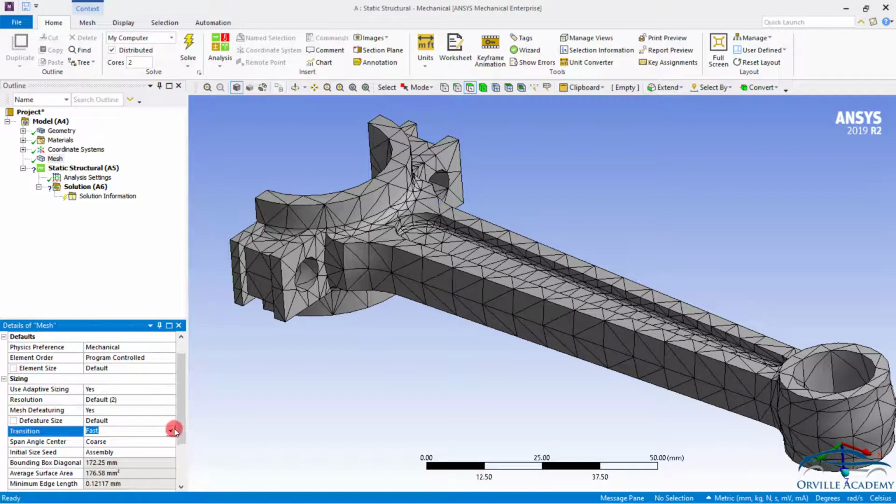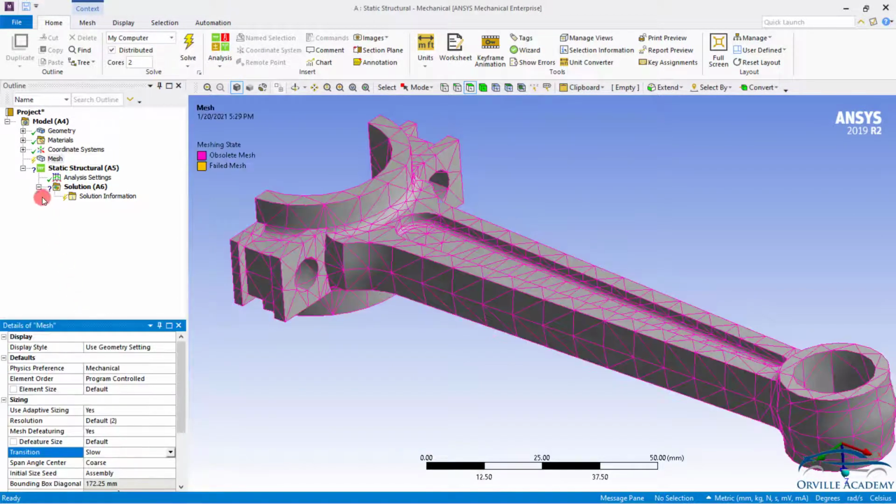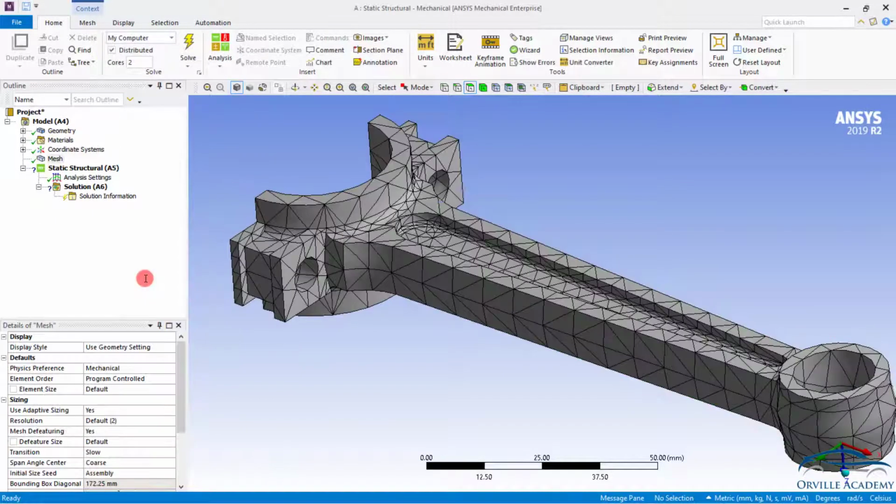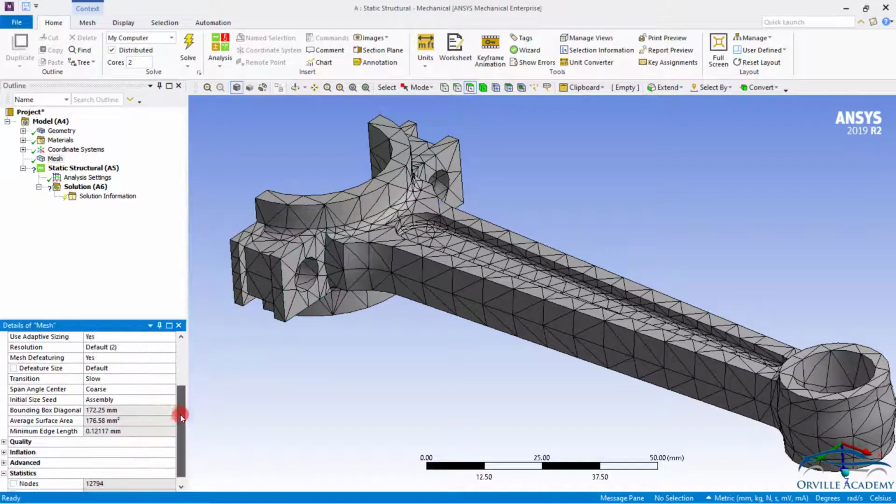Now let us set the transition to slow, which will produce a very fine transition. So again, go for generate mesh. As I told you, visually it is very difficult to see the transition. But if I go to statistics, approximately twice the elements are getting generated. Again, let us set it to fast only.